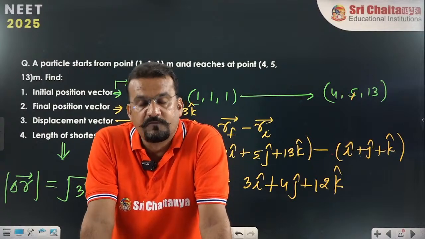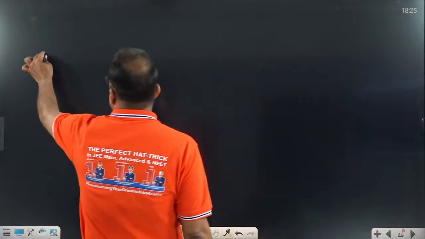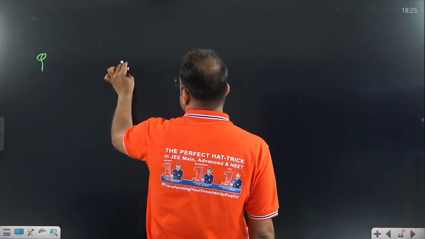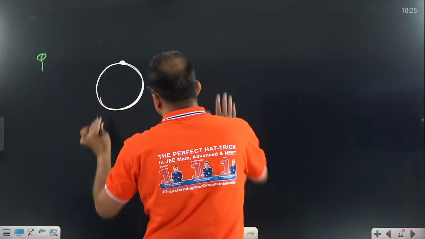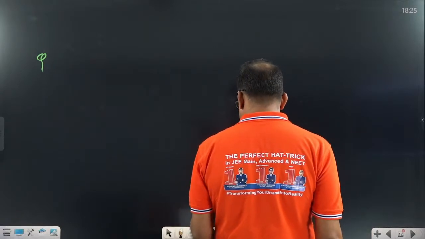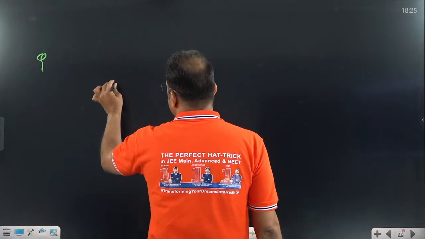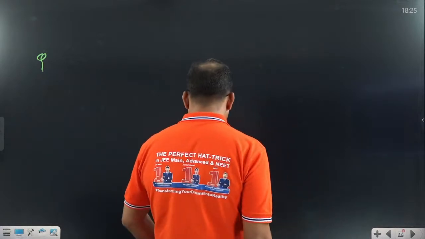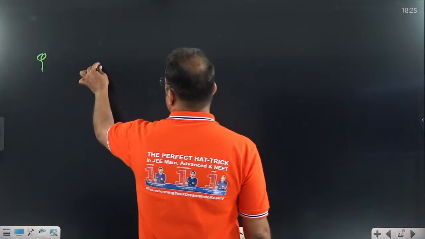Done. Okay, let us move to one or two questions regarding distance and displacement. Now tell me, students, if a question is given like that, if a particle started from this position, the initial position, and it completed one circular path, then tell me, if the circular path is completed, in this case what is the displacement? Are you getting the point? What is he asking? In a complete circular path, what is the displacement?